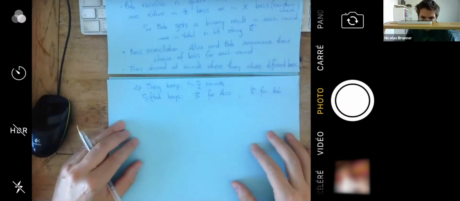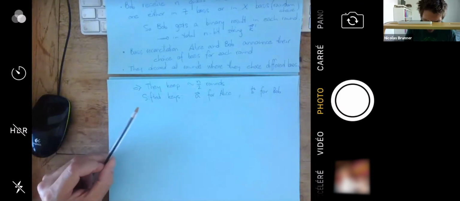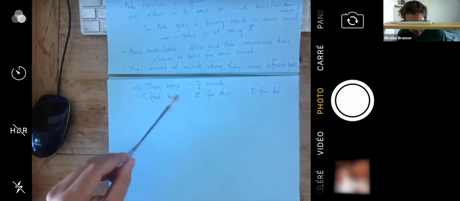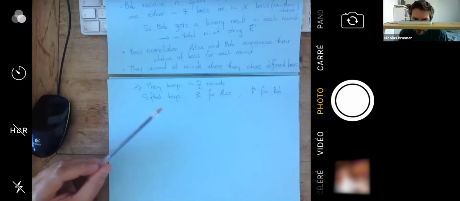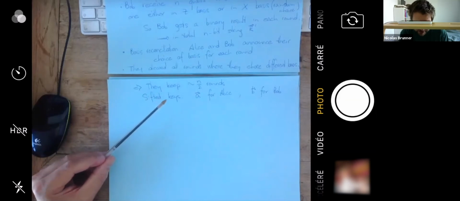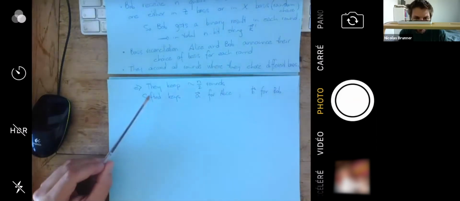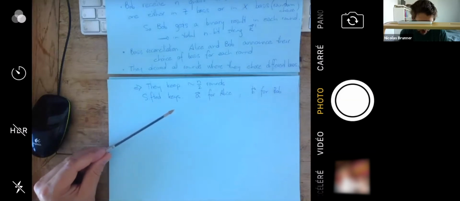Okay, so maybe one thing that I should already notice immediately now is that here we make use of the fact that there is an authenticated channel between Alice and Bob, right? And this we will always need. Also in quantum cryptography, there is no way to make it work if you do not have an authenticated channel. So when Alice and Bob reveal their choice of basis, they can trust each other. But of course, Eve can also listen to this conversation, right? So she then knows now everything about the basis in which all the qubits were encoded.